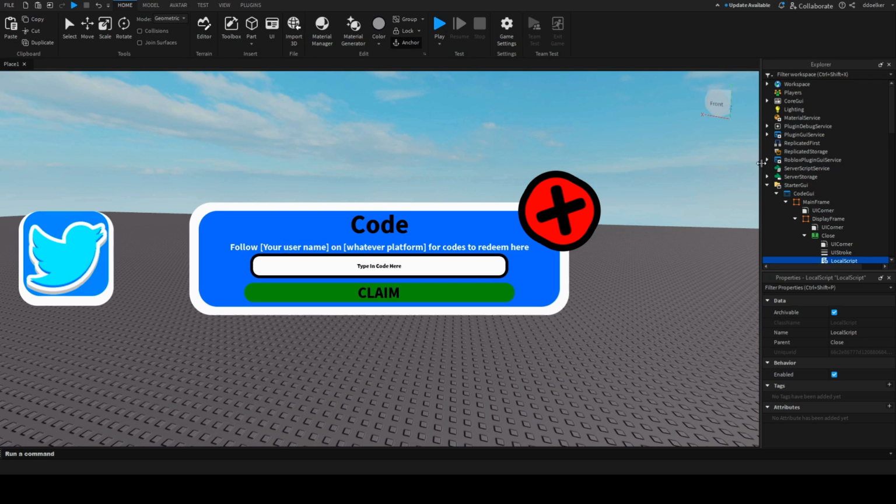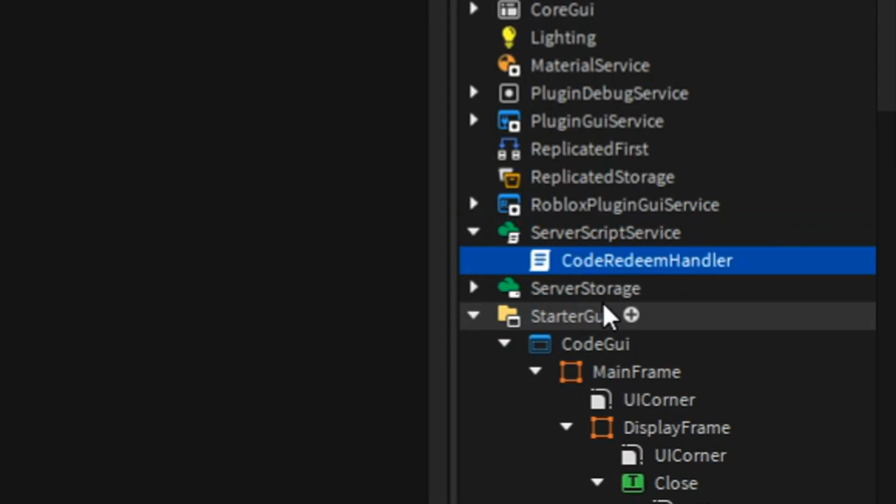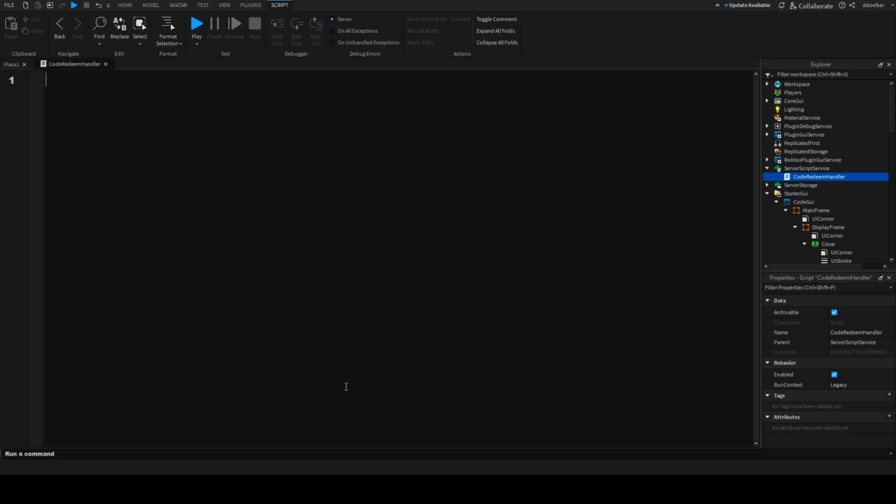Okay, next up we actually want to, in ServerScriptService, insert a script, which we're going to call the CodeRedeemHandler. And in there, we are first of all going to get a data store for our code so that people can't redeem codes multiple times. So we're going to say local codesDS = DataStoreService:GetDataStore("CodesDataStore"). And then we're going to get two more variables, local codes =